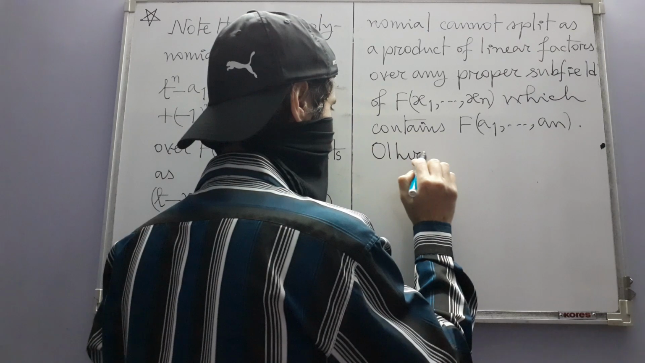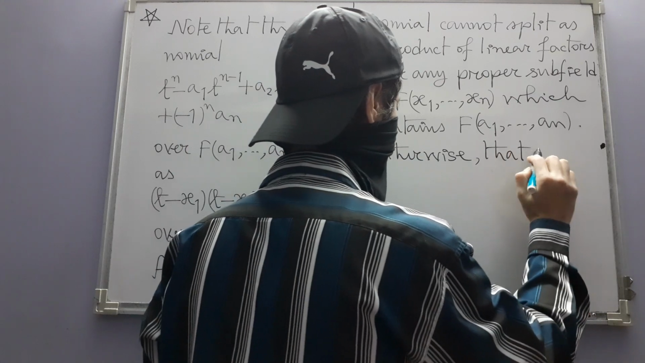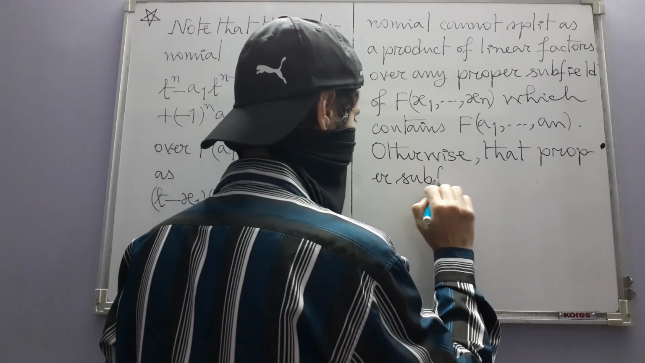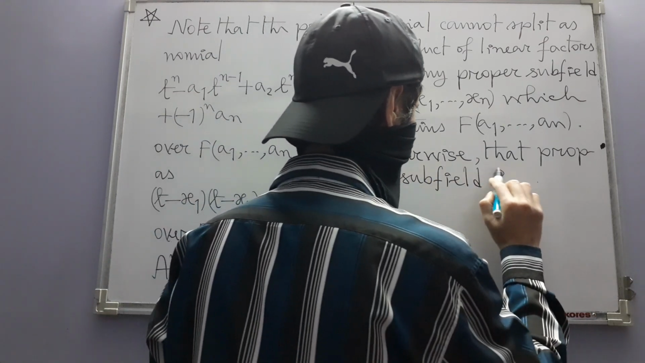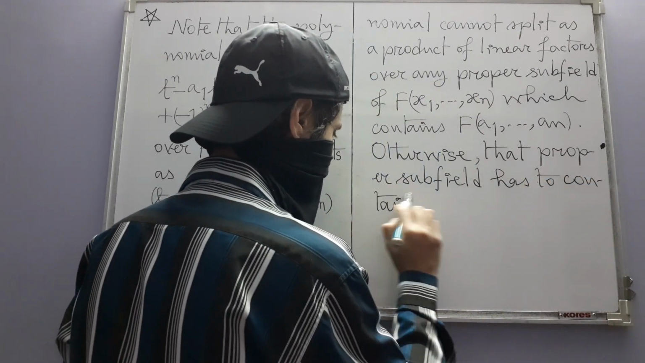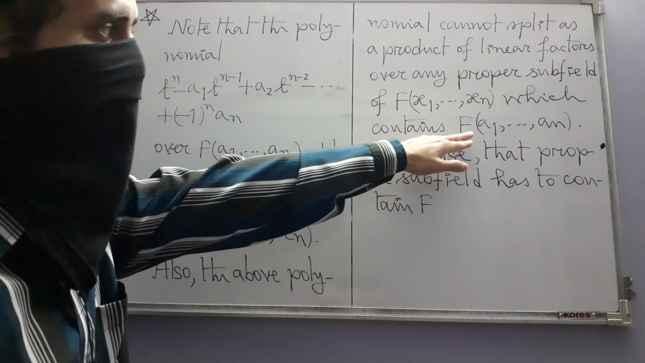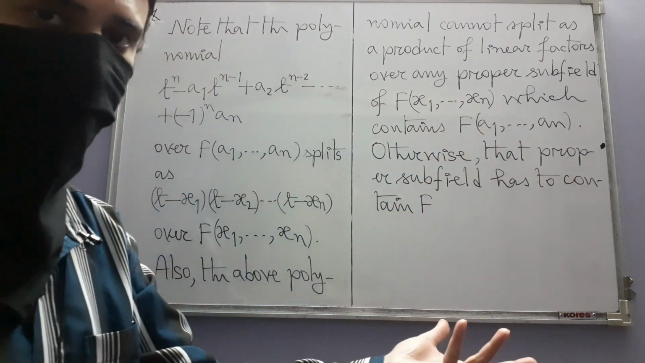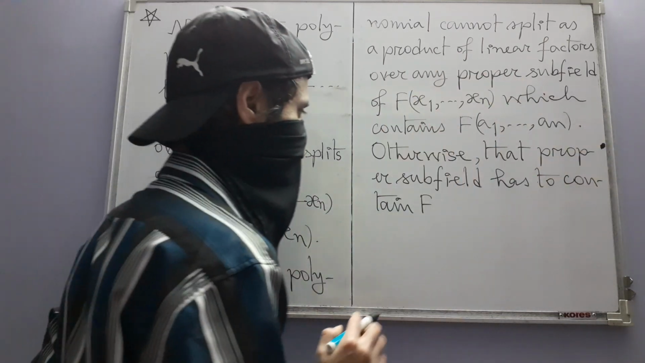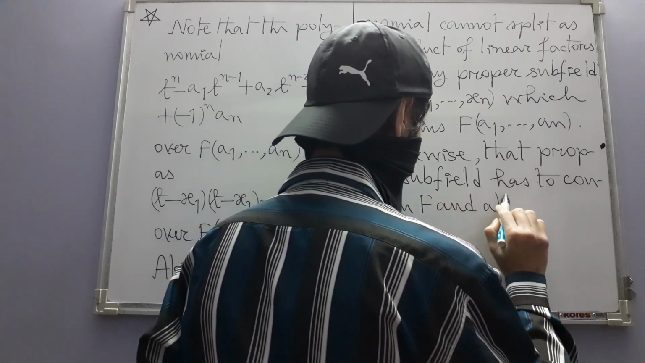Otherwise, that proper subfield has to contain F. Well, it will of course contain F, because if there is one such proper subfield which contains this, then of course it contains F also, because inside this we have F and all the AIs also. Has to contain F and all the